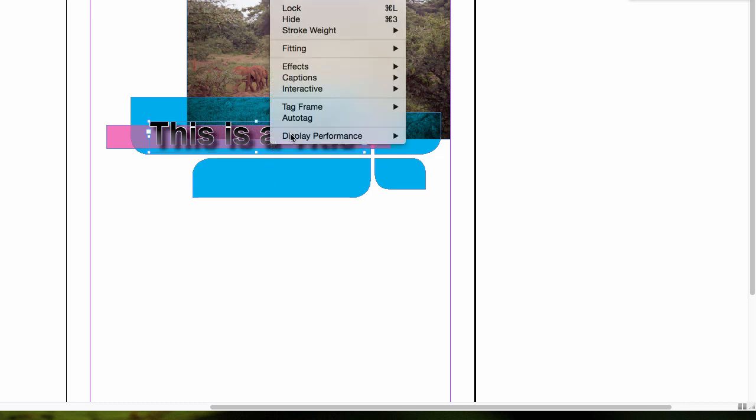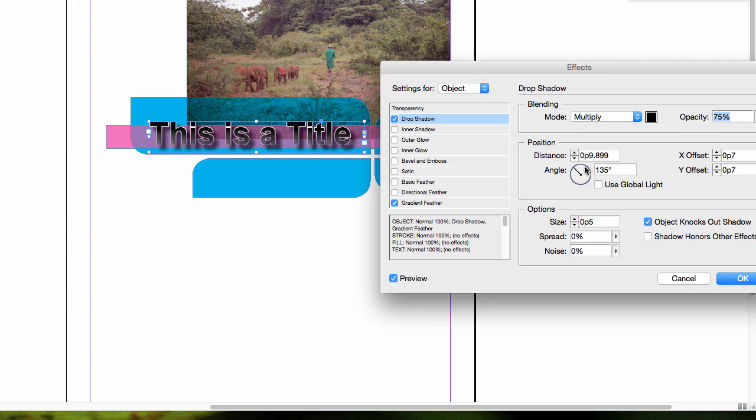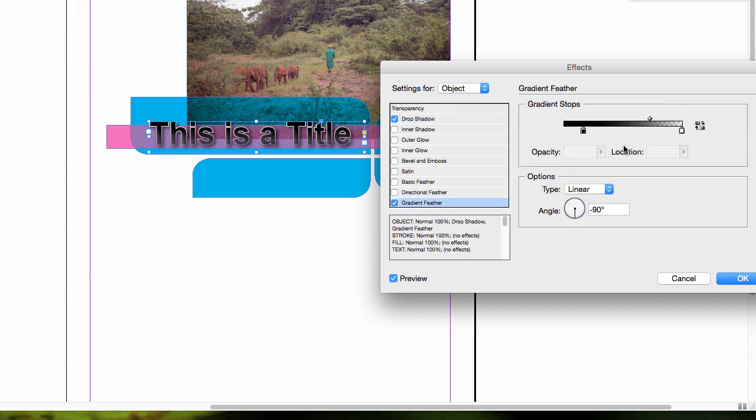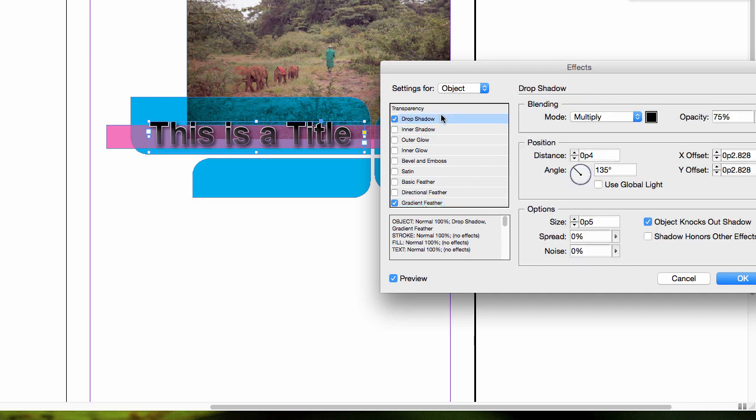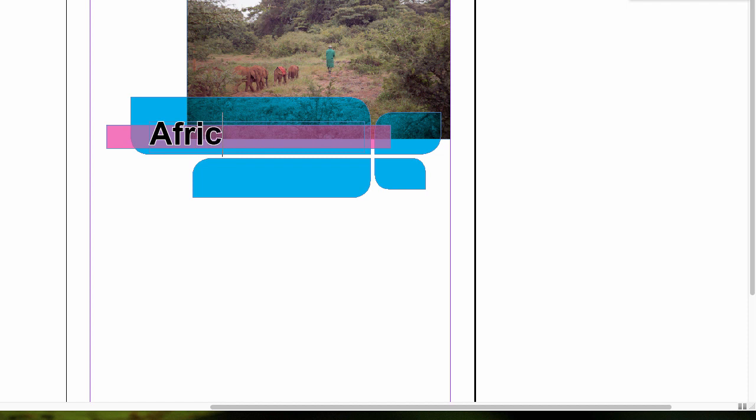I don't quite like that shadow. Let's decrease the distance. Maybe increase the feathering a little bit. Actually, I don't like the shadow at all. I think that looks pretty good. So maybe, why might I have that fade? Maybe Africa's